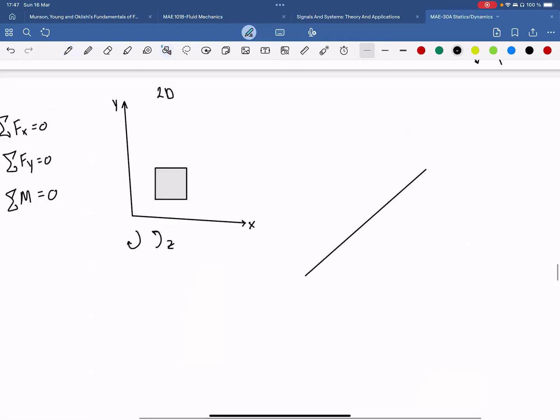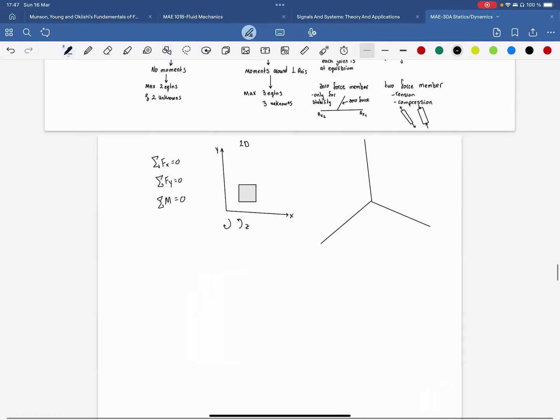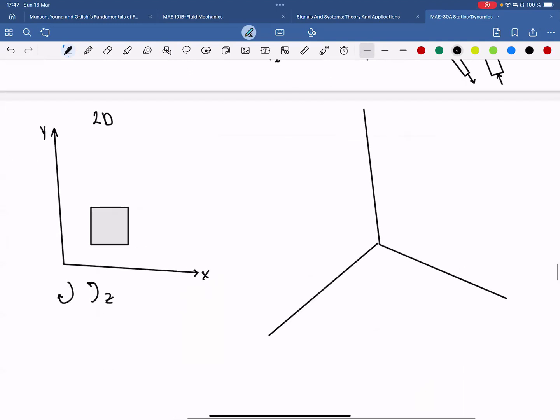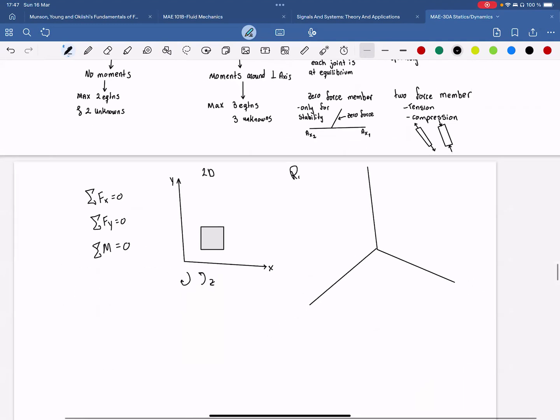It is different though for a 3D rigid body. Also, just to mention, on a 2D rigid body problem, you can have up to 3 equations and 3 unknowns, no more than that, of course, because then you cannot solve it. Then for a 3D rigid body,